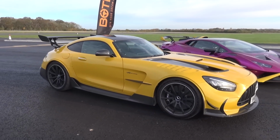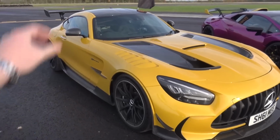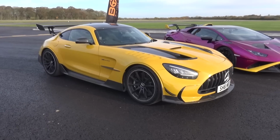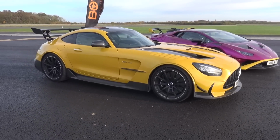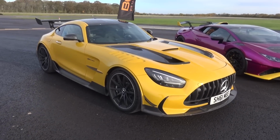The car is powered by the new flat plane crank 4-litre twin turbocharged V8 front mid mounted, which in stock form would be making 730 horsepower. This car, however, has been to Opus in Germany and had a few small modifications, exhaust and a stage 1 tune, and that means we are running, as we dynoed it,